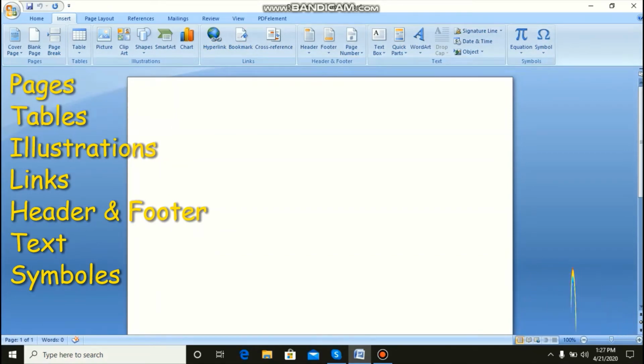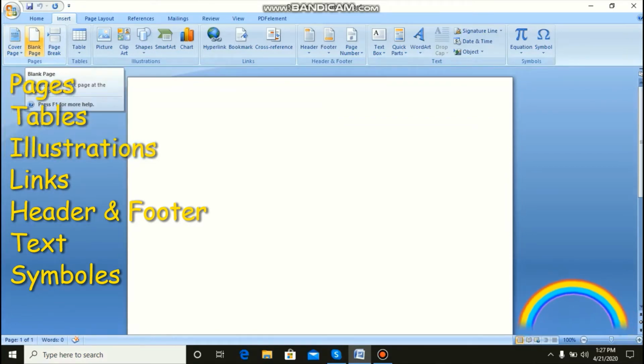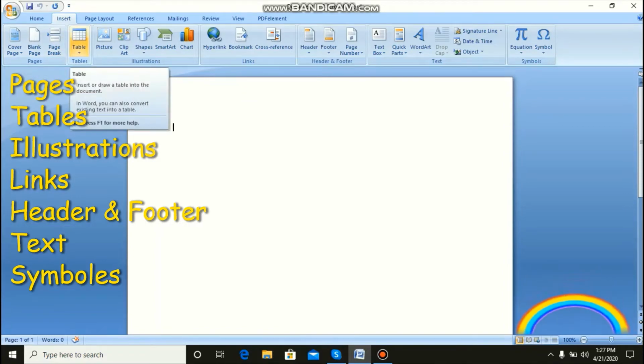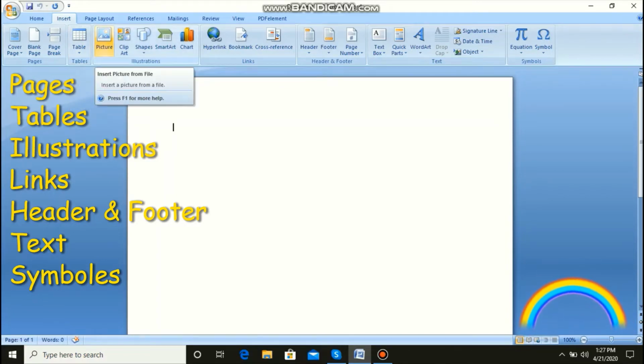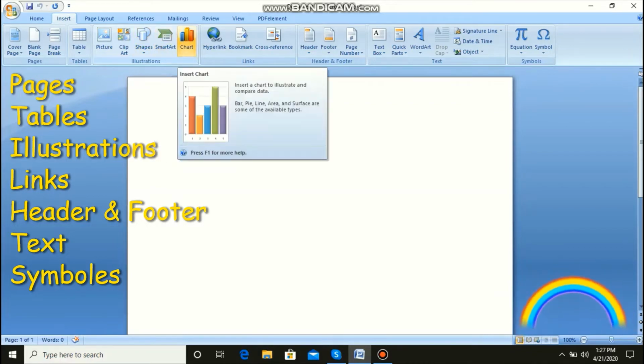So the first group is the page group. In this group, we will learn how we can add the cover page, how we can add a blank page, and how we can insert the page break. The second group is the table, in which we will learn how we can draw the table. Here we have the pictures, clip art, shapes, SmartArt. We can add charts,